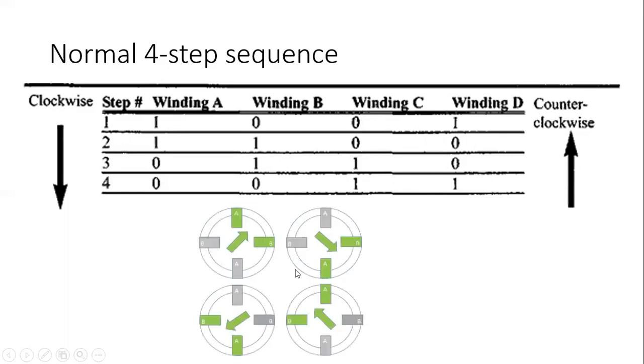Now, you can see the coils are there. At a time, two coils get energized. In the first set, A and D get energized, isn't it? Then in the next set, A and B are energized, then C and B are energized. Like this, they get energized, and the motor starts rotating in steps. So this will give you the fourth step.